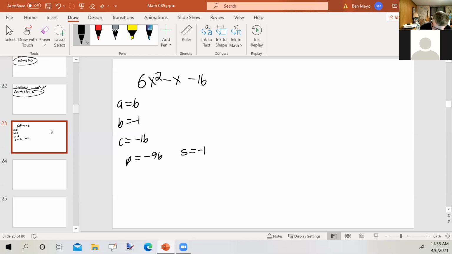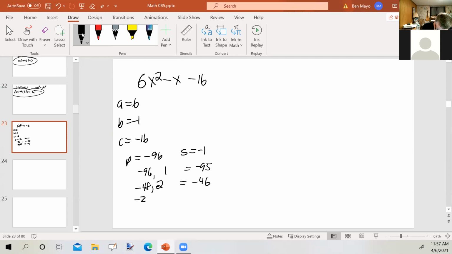Okay, so I know that the larger one has to be negative. So I'd try -96 and 1. Well, that gives me a sum of -95, which is a long ways from where I want to be. But I could cut this in half. Hang on here. It'd be -96 and +1. If I cut that one in half and double this, I still get -96, but I get a sum of